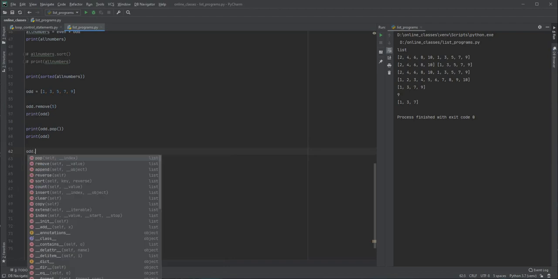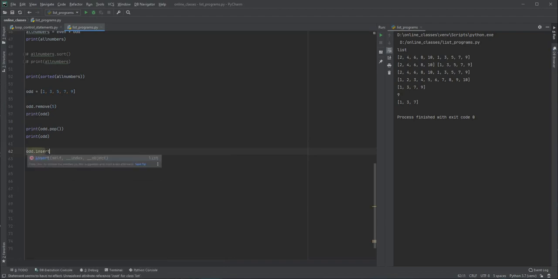I can say like this, odd dot insert, at this particular index, so 0, 1, 2. At the second index I want to insert the value 5. After inserting the value, let's print the value of the odd list. Let's run it and see guys, at the second index we have added the value 5 one more time.